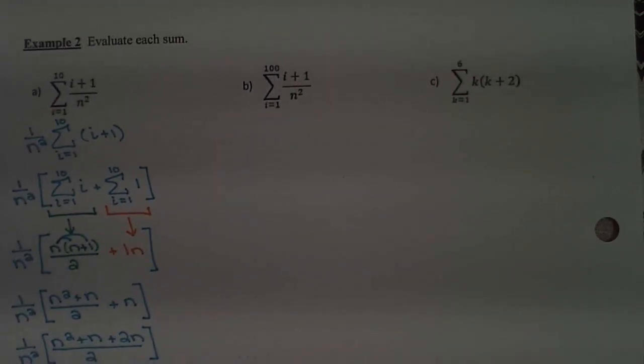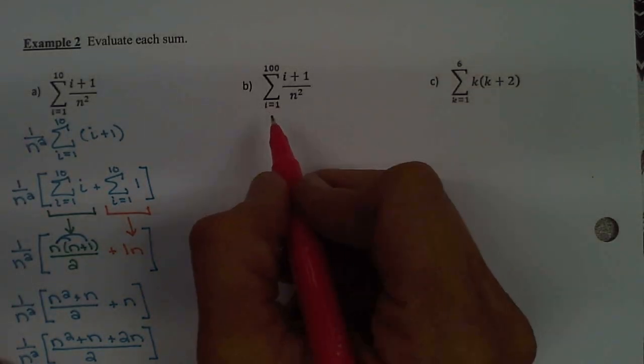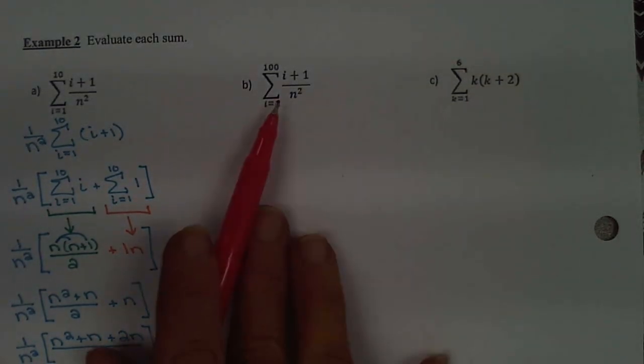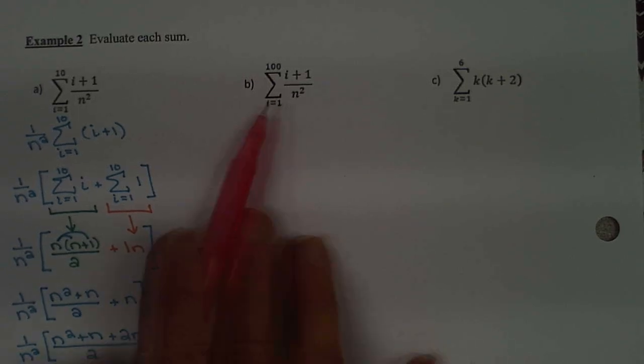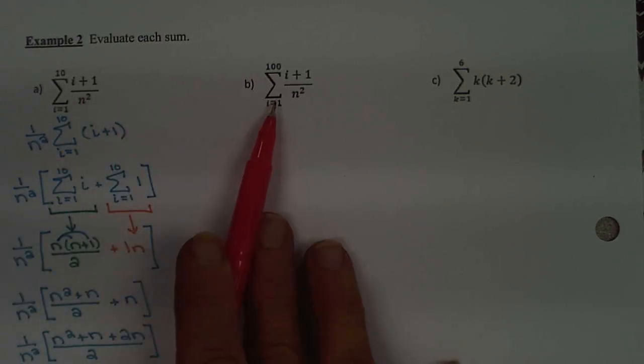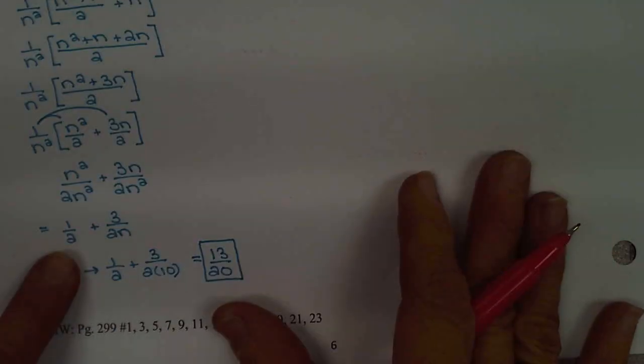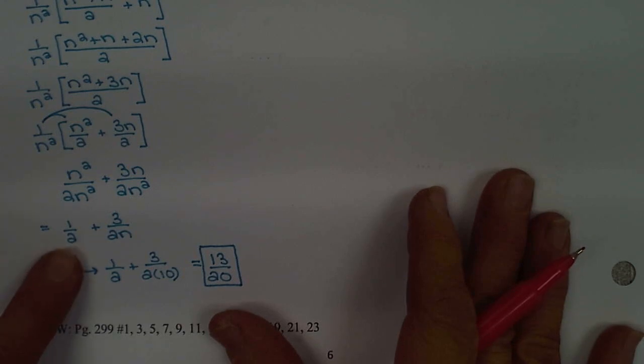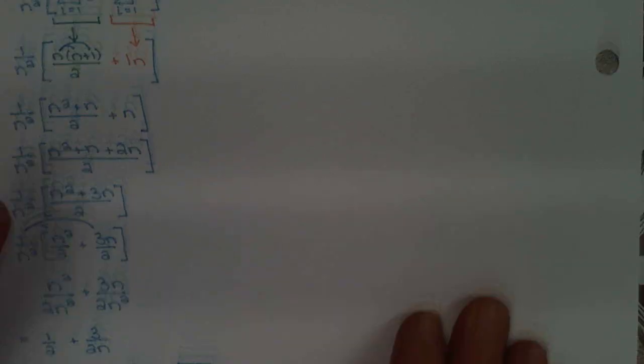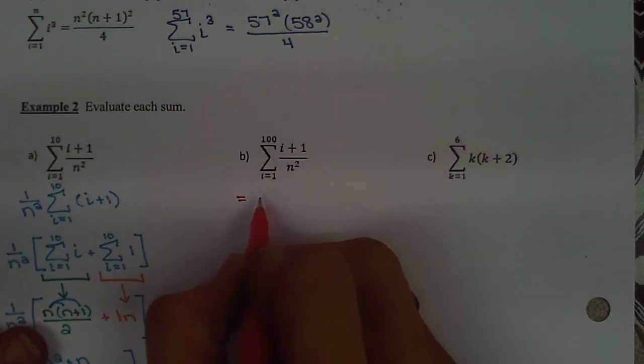Part B, we're summing from i equals 1 to 100 of (i plus 1) over n squared. So we are going to, again, with this n squared, take it and pull it on the outside. Oh, I take that back. Here's why we did all of our simplifying. This is the exact same problem we had before. So now that we have our simplified version down here, all I have to do is change what I plugged in. So I know that all of that summation simplifies down to a 1/2